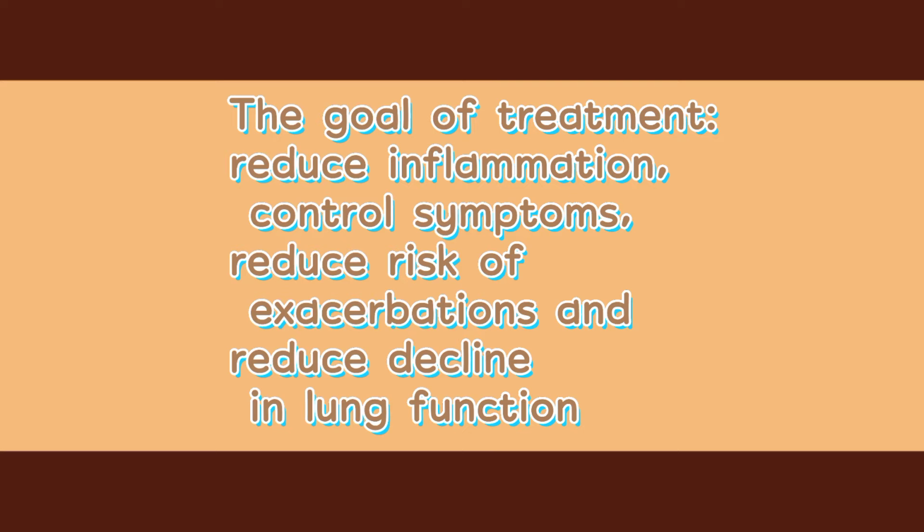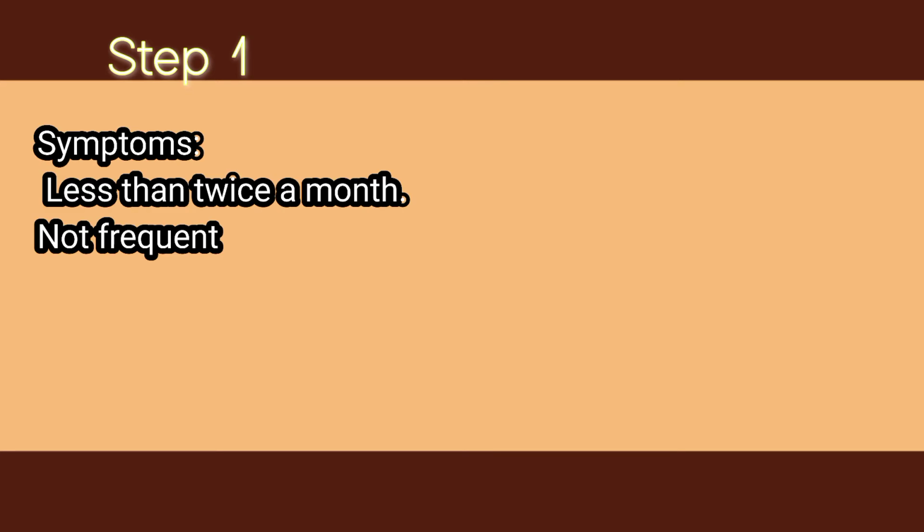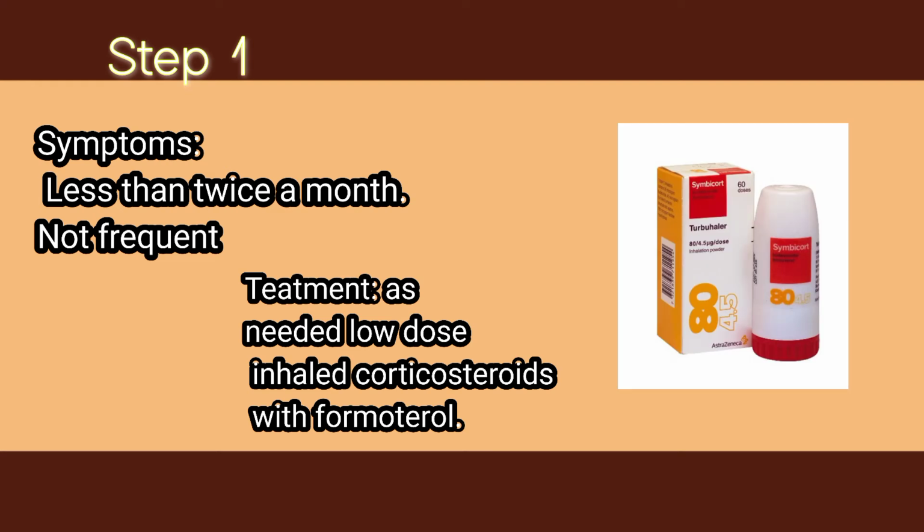The goal of treatment of asthma is to reduce inflammation, which controls the symptoms, reduces the risk of exacerbations, and reduces the decline in lung function. Now we are going to start with a stepwise approach for the control of asthma in adults. Starting with step 1. The symptoms for step 1 occur less than twice a month. It's not frequent, so the treatment is as needed low-dose inhaled corticosteroids with formoterol, which is available under the brand